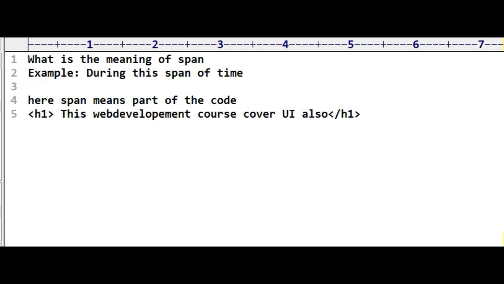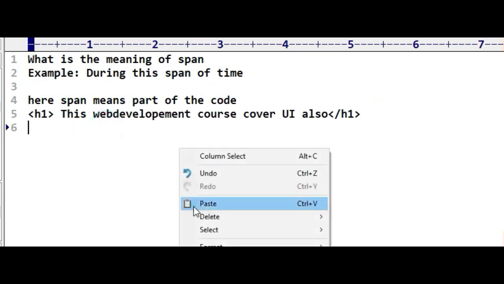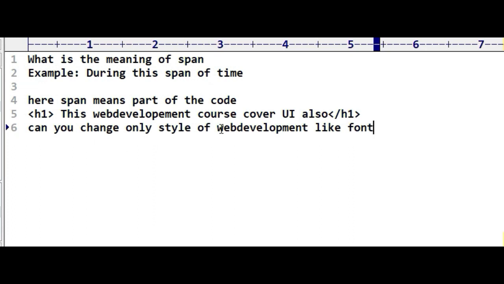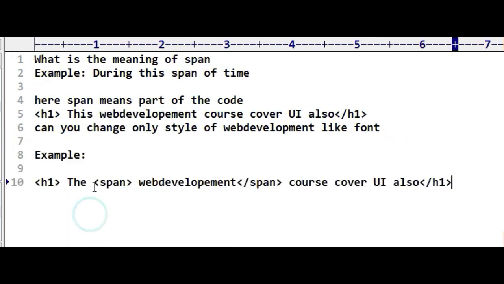So can we change only the style of the web development font only? The answer is yes, we can change. How can we change? We can change by writing only the span tag, span starting and span close. So here we can change the font of only the span.